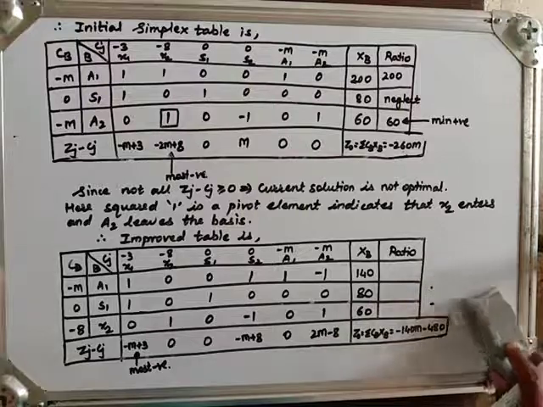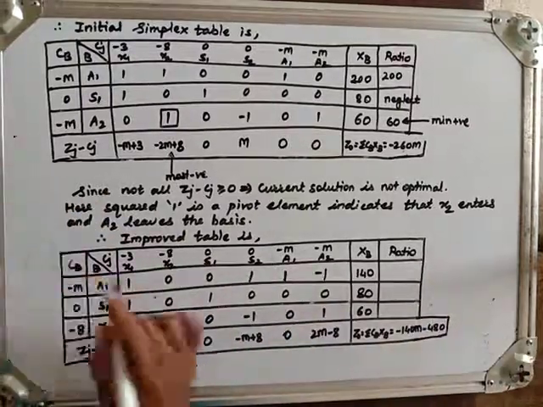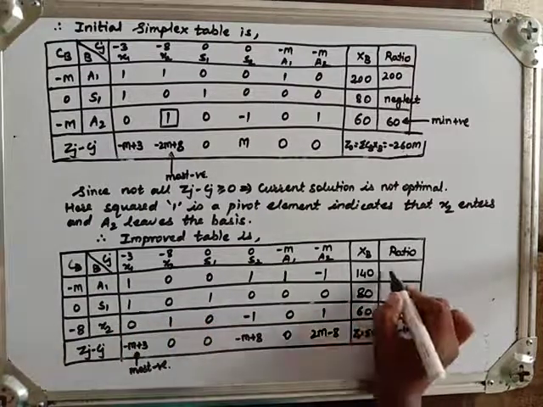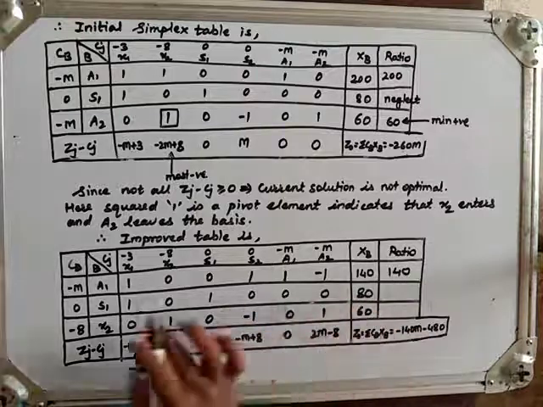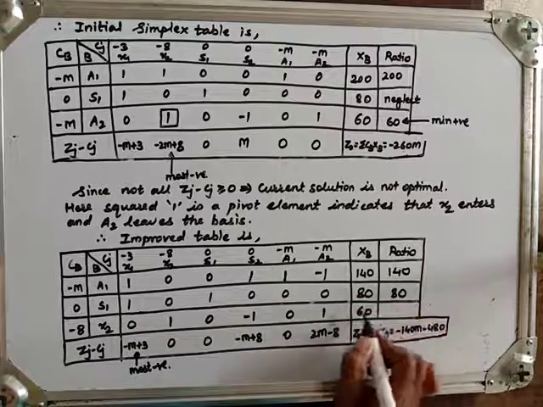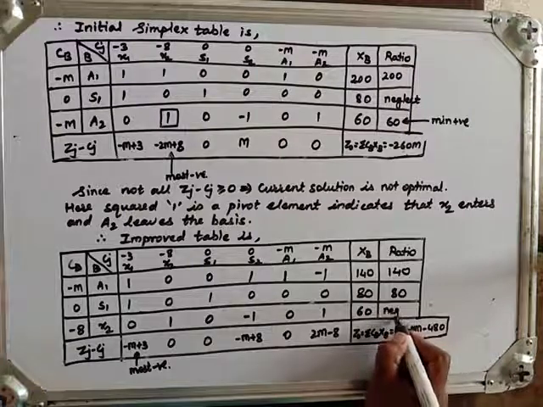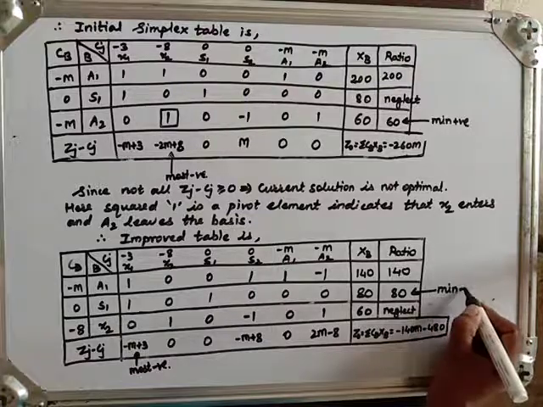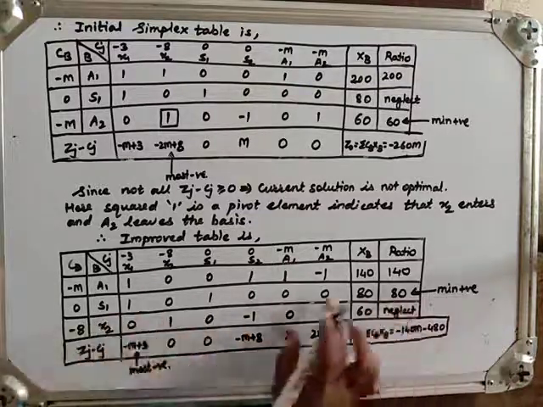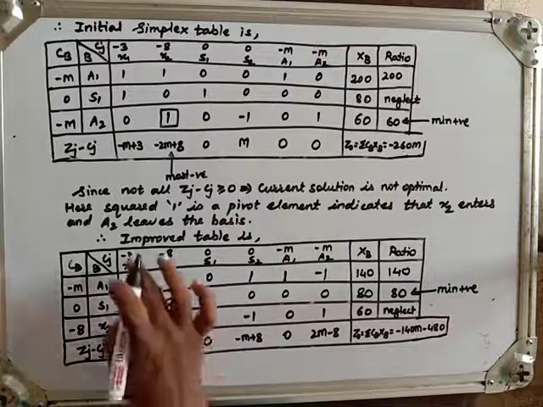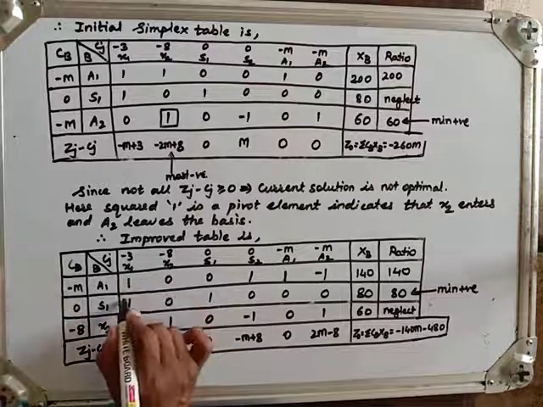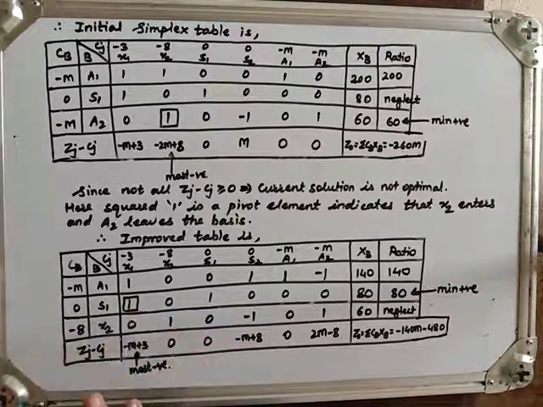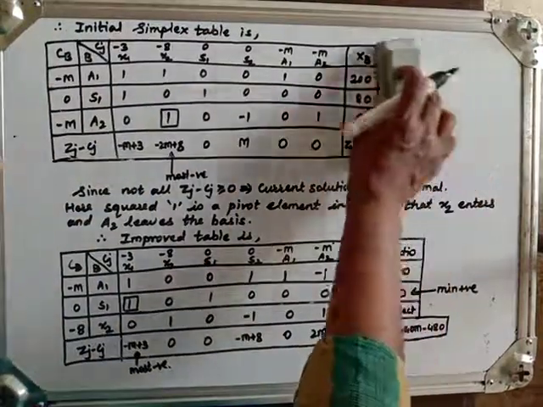Now let us determine a pivot row. So the pivot row will be, look at it, 140 divided by 1, so it will be 140, 80 divided by 1, so it will be 80, and 60 divided by 0, so it is neglected. We have to neglect it. Okay, so this is minimum positive. Minimum positive is the second row will be our pivot row, and first column is a pivot column. So this 2, 1 position is our intersection point, so that is our pivot element. So let me write that.